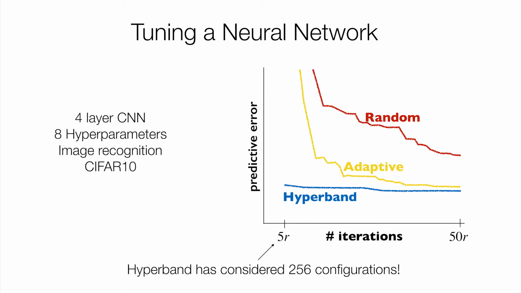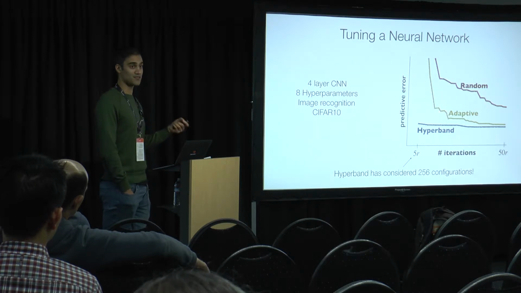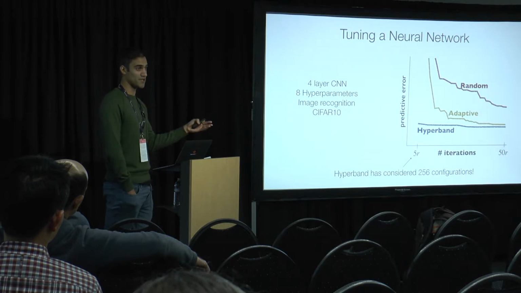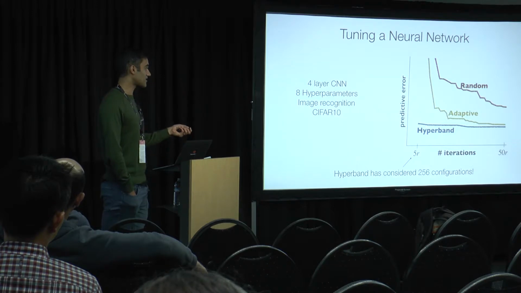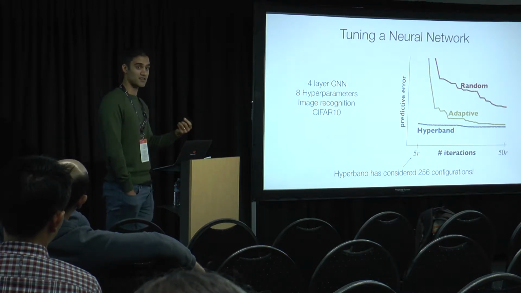And there's a few things to point out. So first is that at 5R here, this is the number of iterations corresponding. So R again is the maximum amount we're training any one model. So 5R means that we've used a budget equivalent of training 5 models. So at this point here on the x-axis, the adaptive method and the random method have trained exactly 5 models because they're training every configuration that they look at, they're training it completely, which is basically allocating a number of iterations equal to R.